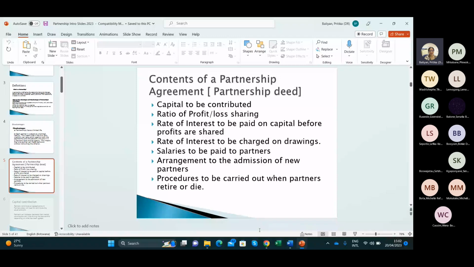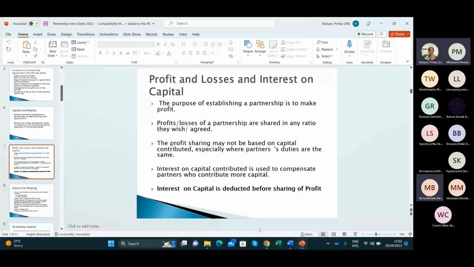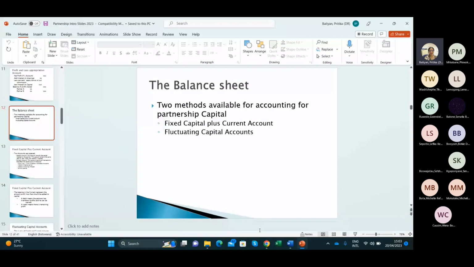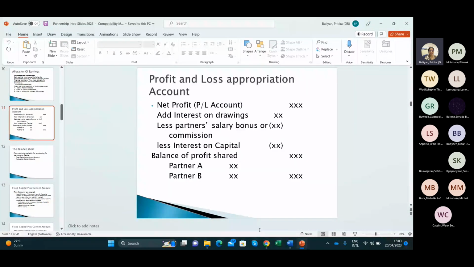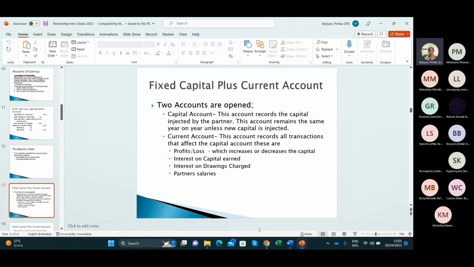Okay, can you see the slide? Yes, ma'am. Okay, so the first part we already discussed what is the partnership accounting, what is the partnership deed, and in the partnership we also prepare the various accounts which indicate the income of the business, the value of assets in the business, as well as the capital account. So which one can indicate the capital of the business, how much capital